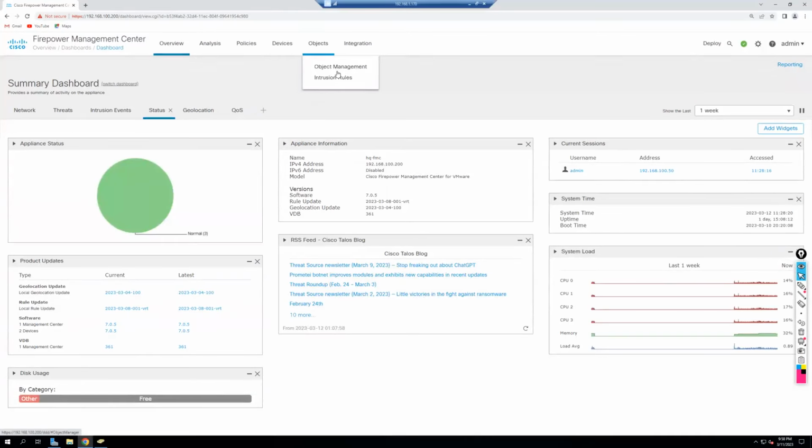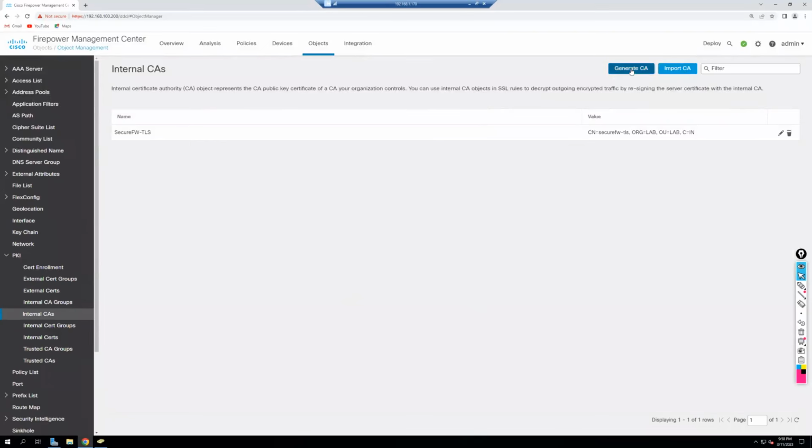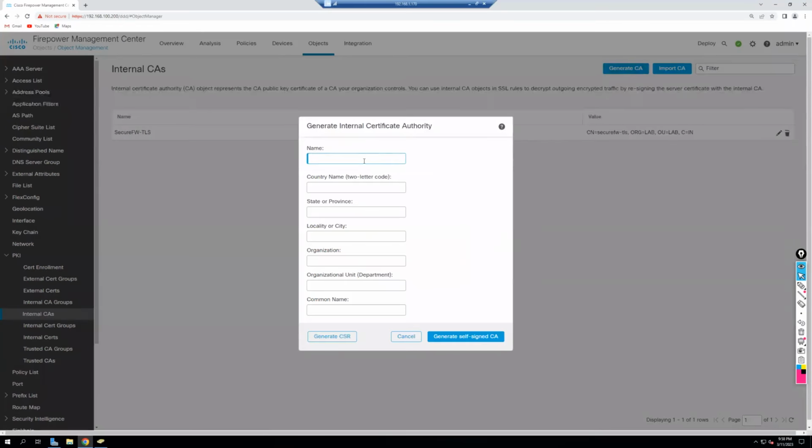Okay, so let's come into objects. PKI, I'm going to internal CA. We are going to generate a CA. Give it a name. The subject. Let's just name it this way. Okay, common name, I'm going to say